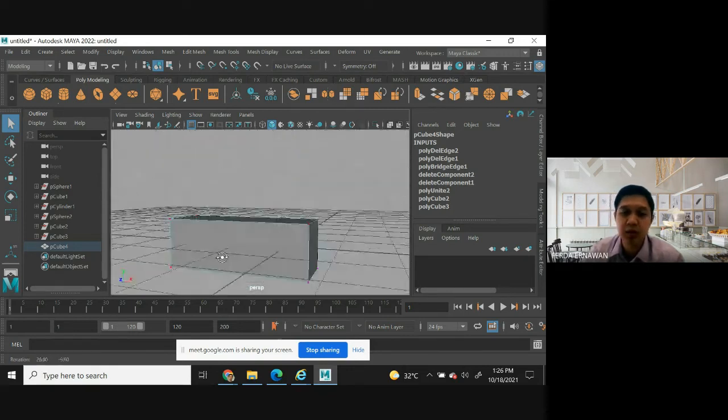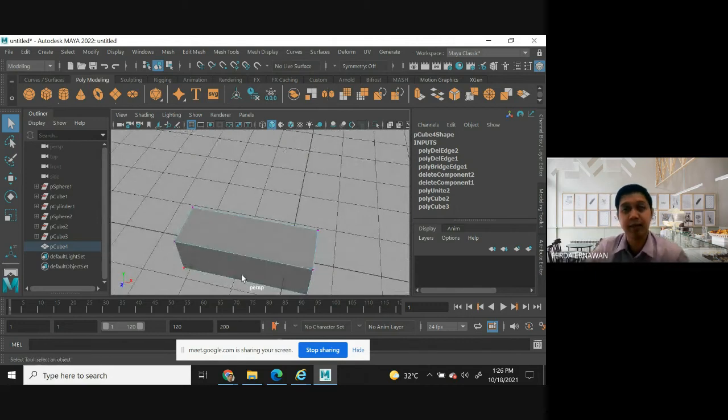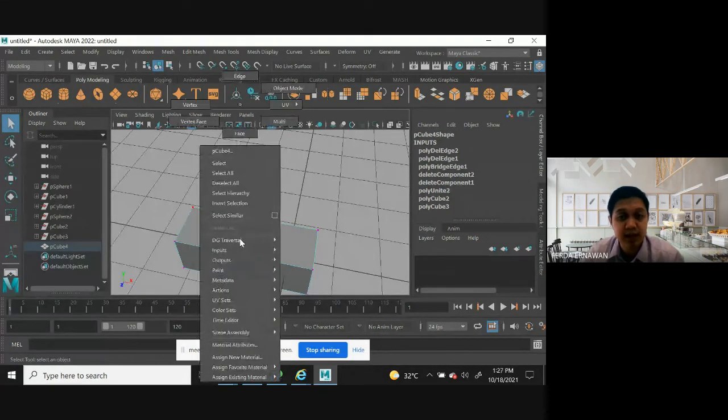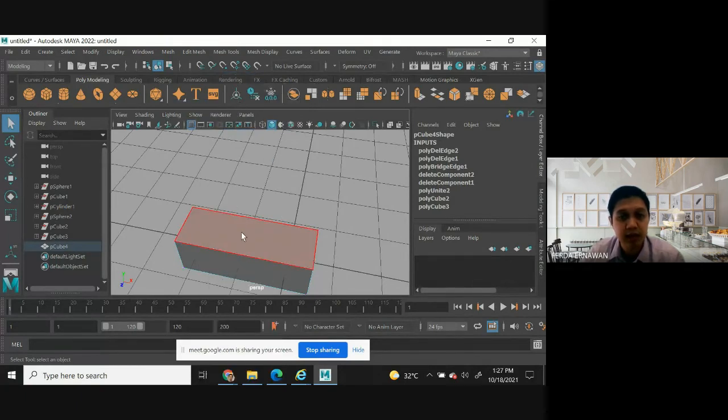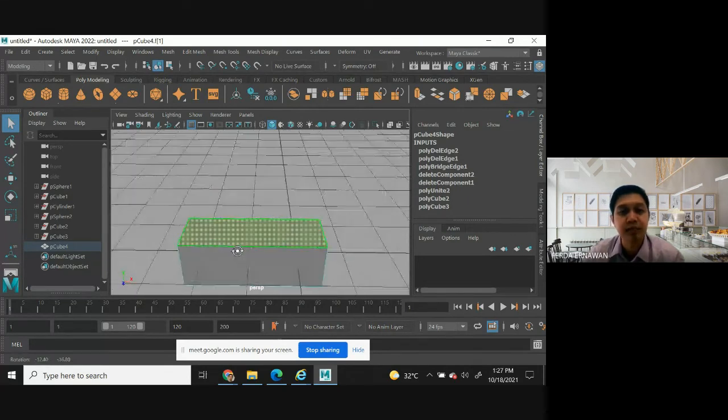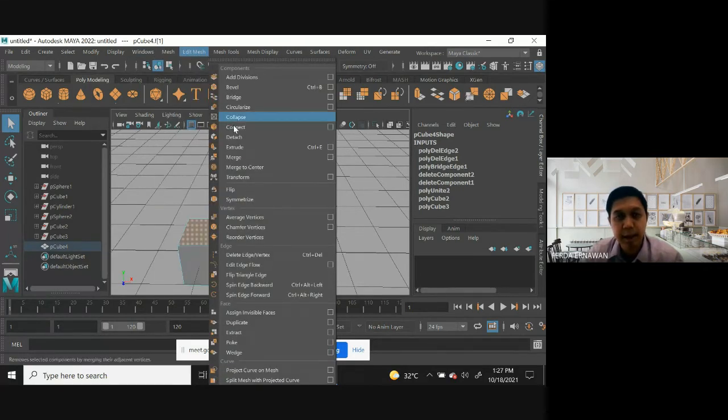In order to use a bevel, this is another method that is widely used in Maya. You can select any faces. So we have to change into edit mode, select the face like this, for example. After that, you can select Edit Mesh here.